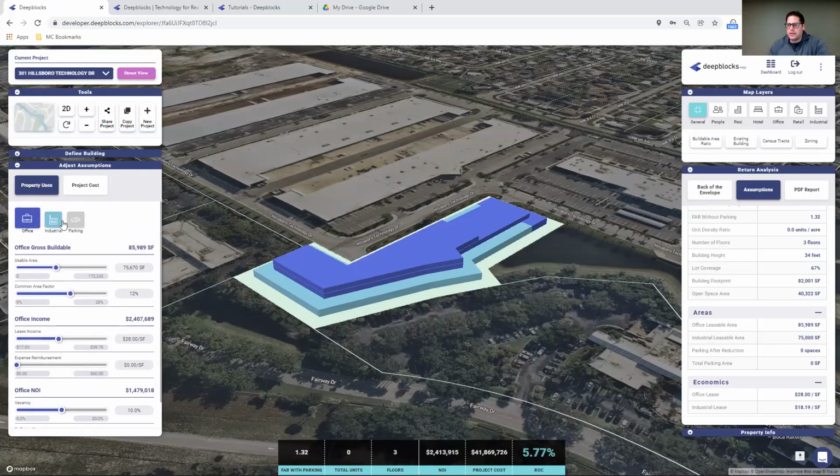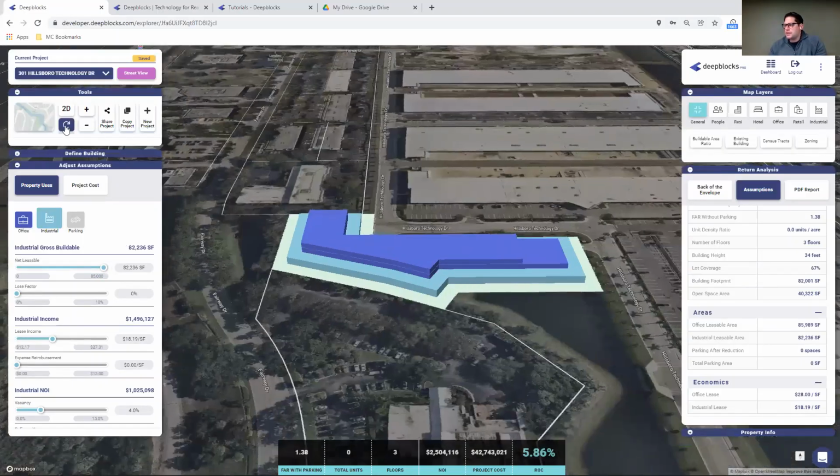We can now go into the industrial side. Let's shrink this a little bit. Actually, maximize it a bit. Let's see if we can get this. And if anytime you max out on a slider, you can always increase it by just adjusting the value at the bottom. What I'm going to do is just try to get industrial all the way at the bottom. All right, perfect. And what we could do is all this pale green space around, we can make that parking for surface level parking.